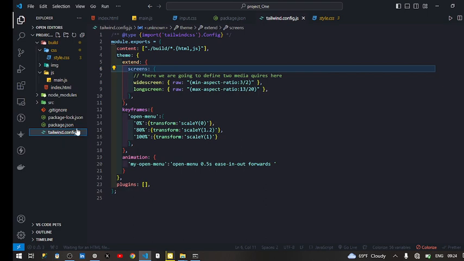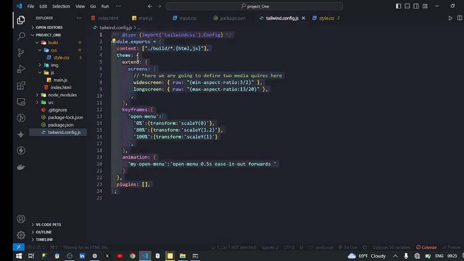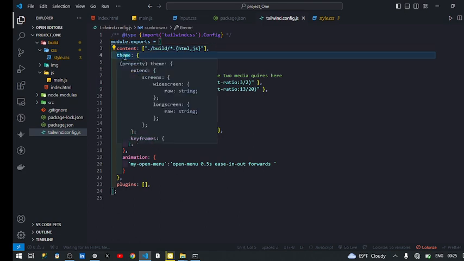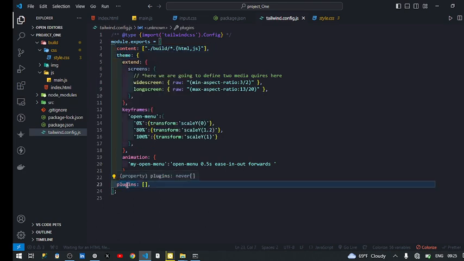tailwind.config file. When you look at it all in all, we have the content, we have the theme, and we have the plugins. So far, I'm going to do more research about the plugins. But under the content, this is where our output is going to be displayed, or where our information is going to be written,